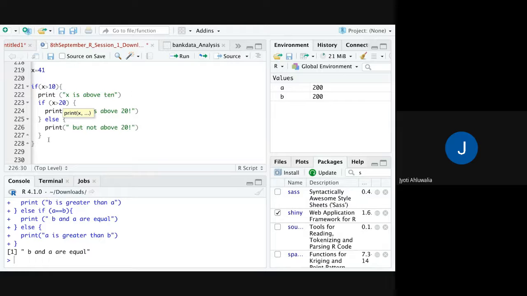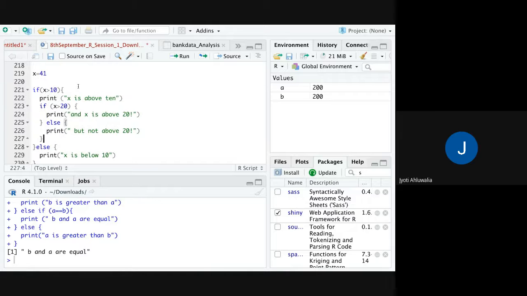Then that statement ends, and then I write else, again print, X is below 10, and it ends. So what have we done here?